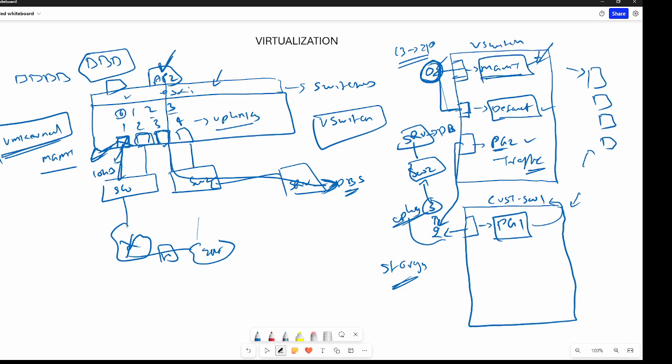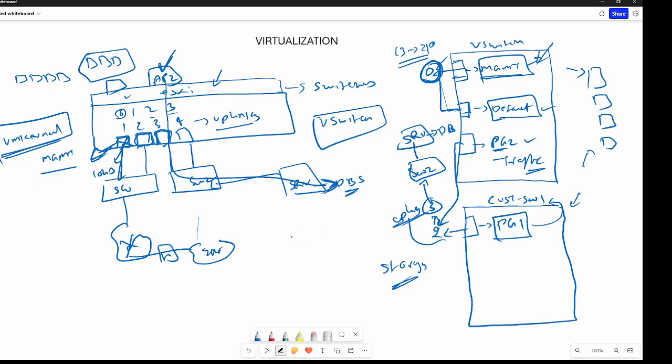Now the problem here will be that when the management goes down, you don't have access to your ESXi software. That means you don't have the visibility. So until you restore that one, you are blind. Once you restore that one, then you can have the access. But apart from that, all the three ports are up and running. That means your traffic is still going on. Those machines will not go offline.